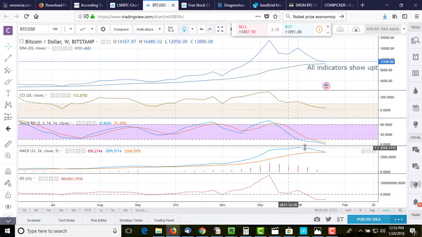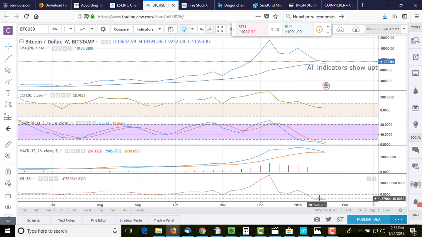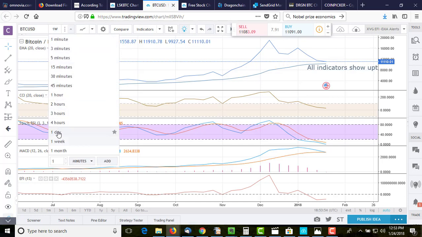Okay. We're rolling over on the MACD where sellers are in control still, and this is 1 week. Sellers are still in control, although they're losing. I mean, it's basically heading towards positive, but sellers are still in control. And we're coming down, as I'd mentioned in my earlier videos, to meet with a 20 moving average. Let's see what we're going to do in a day.